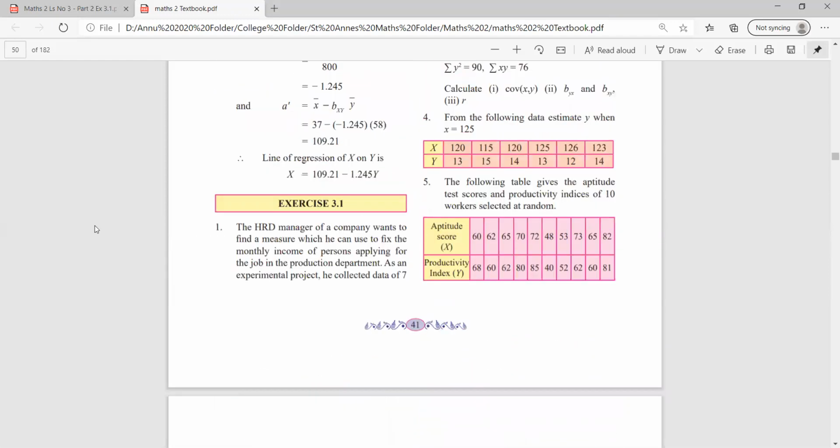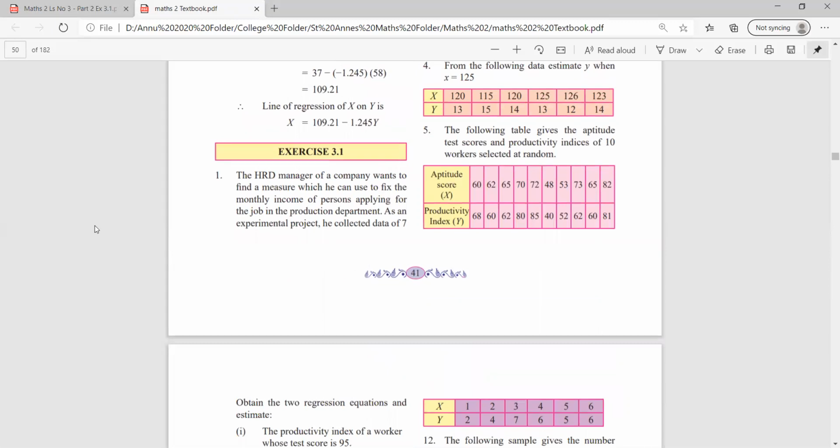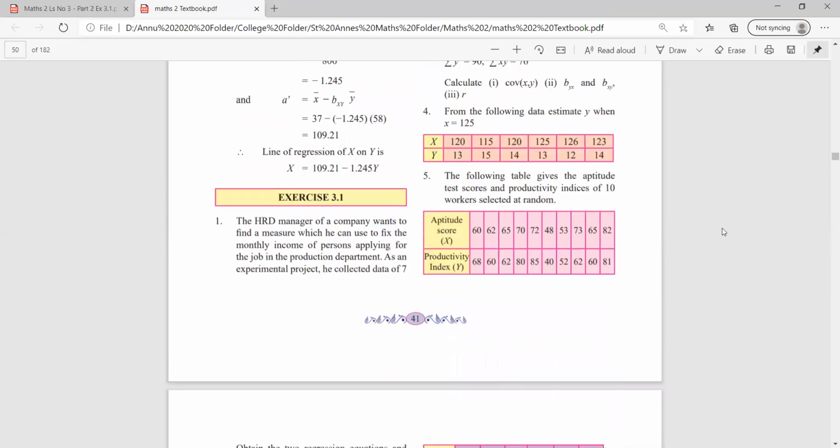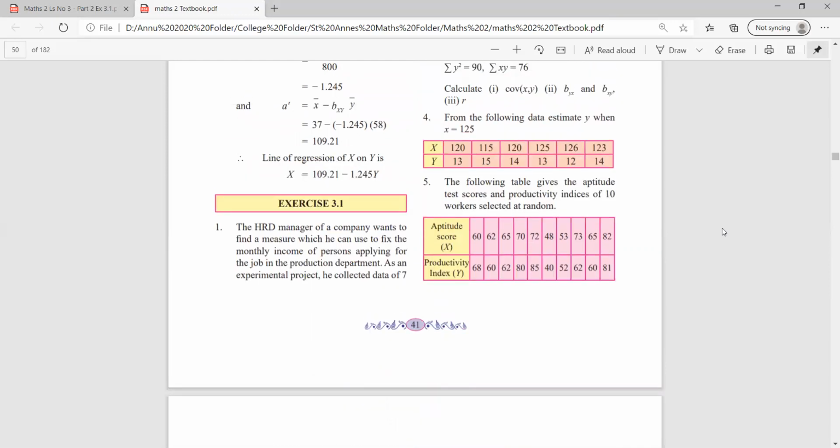For your convenience, I've also solved sum number 4 so that you can understand it in a much better way. Now class, I want you all to observe the fourth question very carefully. What can you see in question number 4? One thing is you have to find y when x is given, but that is not new. That's common. What do you observe in the table? Can you all tell me? As you can see, in x, you have the values which are much bigger than 20. But in the column y, you can see, class, the values are less than 20.